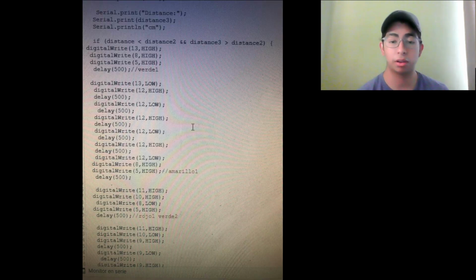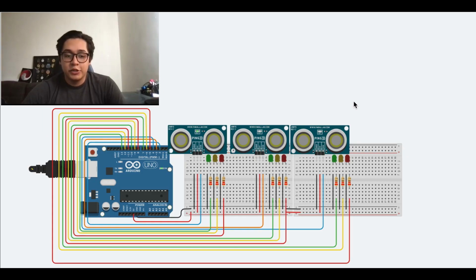The next step in the code is a combination of if and else functions where the values of the distance are captured and compared between each other. And it starts the code of the traffic light beginning with the one of the closer distance, meaning an increasing value. As you can see in the simulation, when the distances are placed this way, the LEDs are lit up